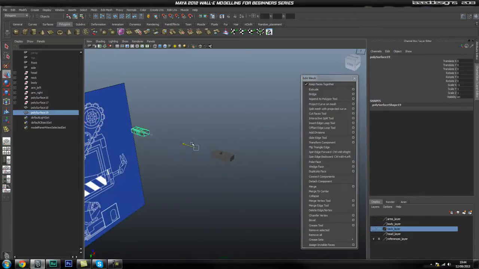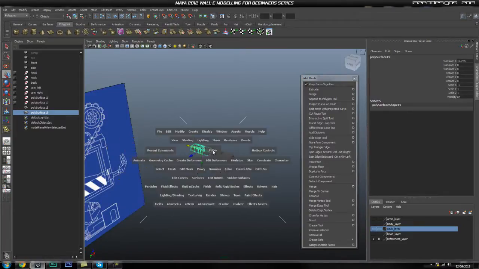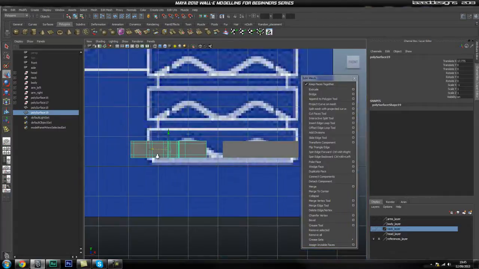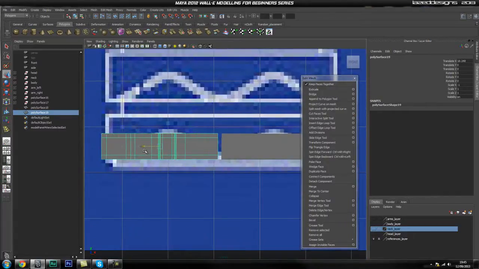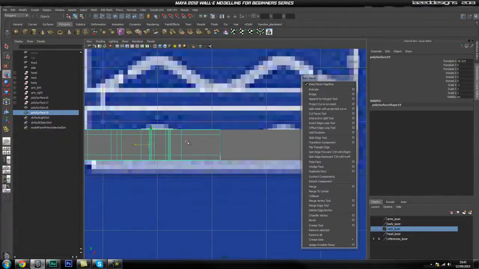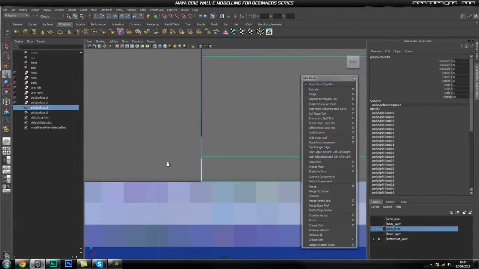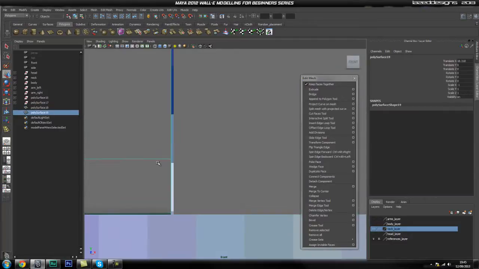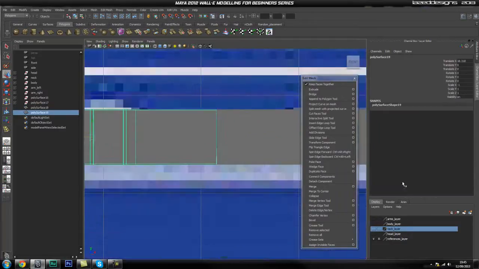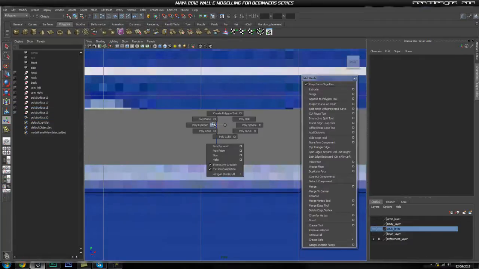It's all the way down there, so I'm just going to go to modify, center pivot, go into my front view, and this time we're going to go ahead and line this up really close because of all the edge loops that we added in. Okay, so that should be close enough. So I'm just going to unsmooth both, select both, mesh combine, go to my vertex mode,